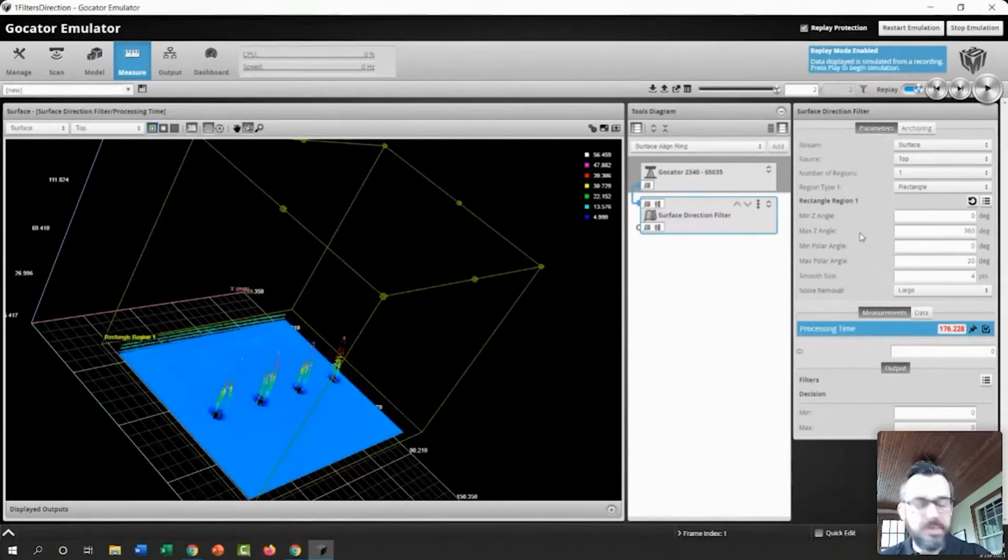So the minimum and maximum Z angle are essentially a clock or a sweep position. Do we want to focus on any particular direction on this scan? We don't. Since we're starting with a flat plate, we can just go for a full 0 to 360 degree sweep on this. Now, one thing I want to point out about the direction filter is think about it